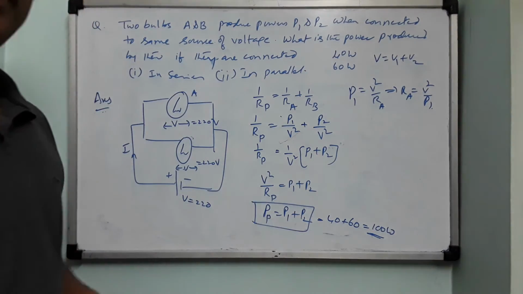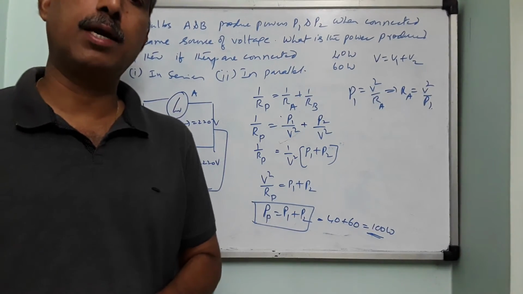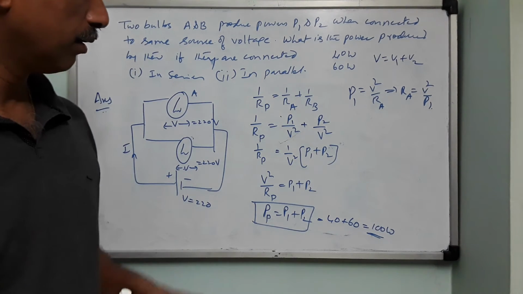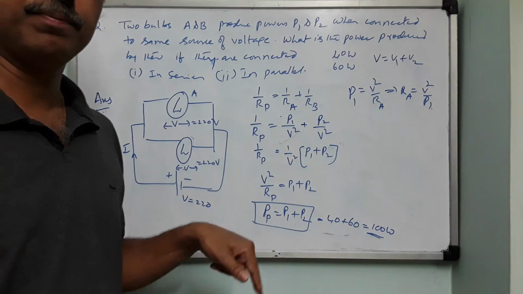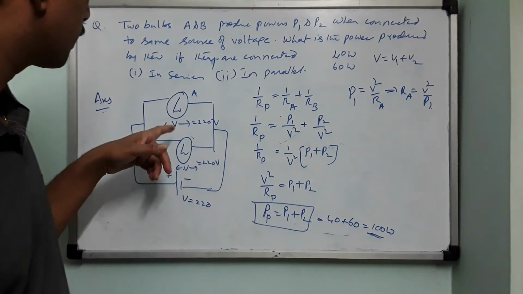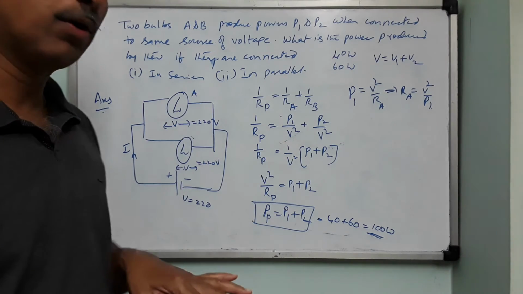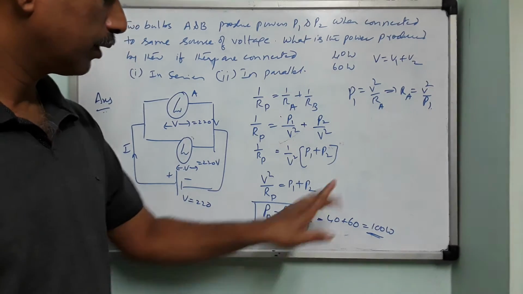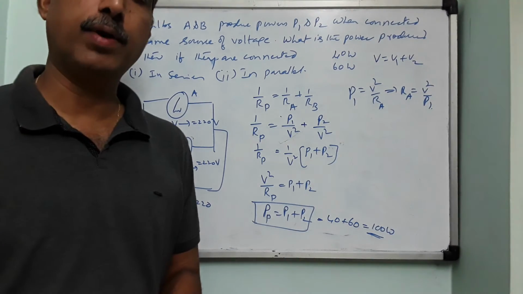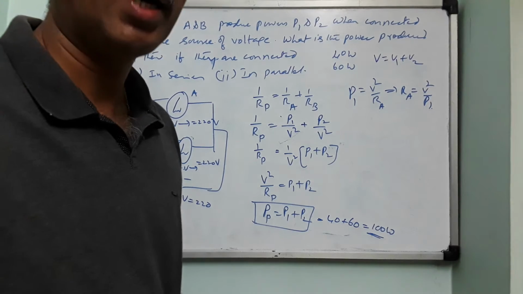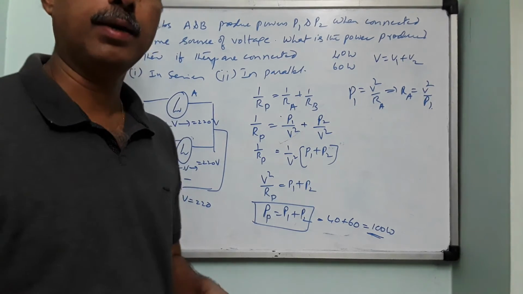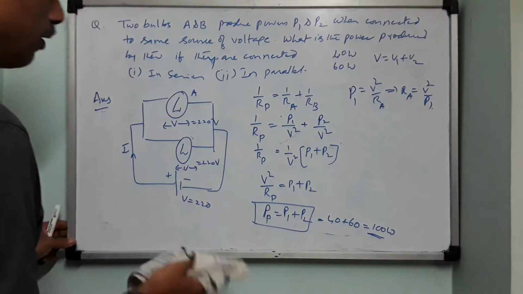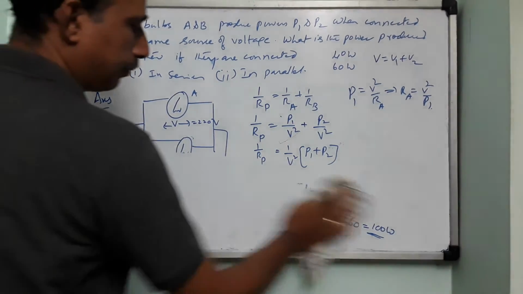So this is the reason why we always prefer to connect the bulbs in parallel, not only bulbs, any device. In order to have the maximum power production, we make them in parallel combination. Because each individual bulb is getting its rating voltage, they glow at their own rating of 40 watt and 60 watt. So together they produce a total power of 100 watt. So don't connect things in series, always prefer them to be connected in what? Parallel. These two bits in a single problem are very important.